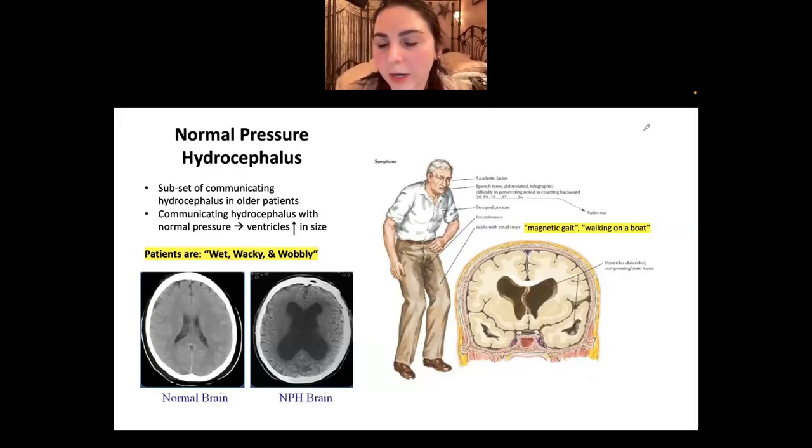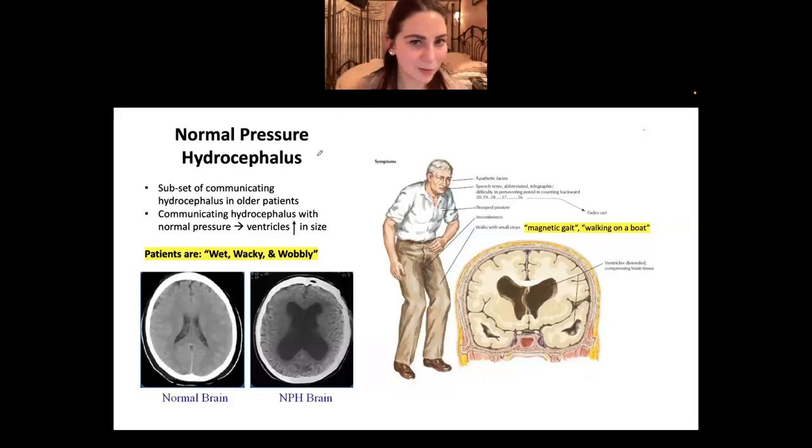And I didn't put all of them on here, but the one I did put on here is normal pressure hydrocephalus. This is a type of communicating. So again, we talked about TB, we talked about an ependymoma, just increased amounts of CSF. There's another type, it's a subset of communicating, but it's really confusing because it leads to normal pressure. So they call it NPH, or normal pressure hydrocephalus, because you do technically have hydrocephalus, but